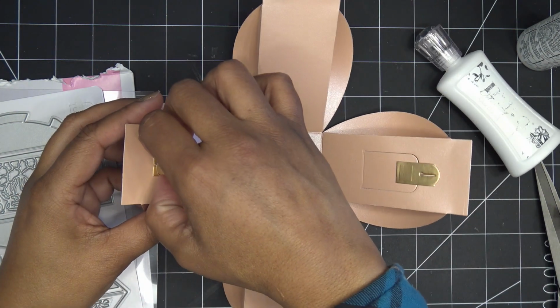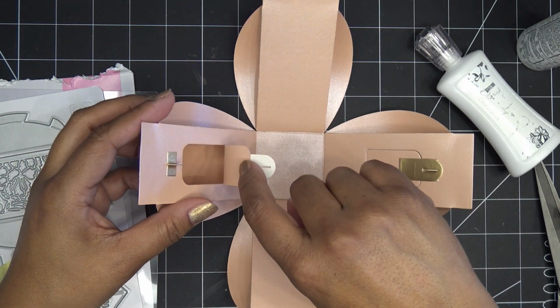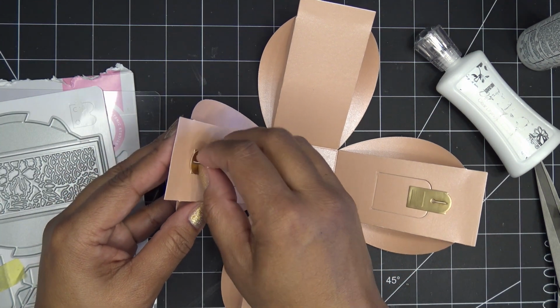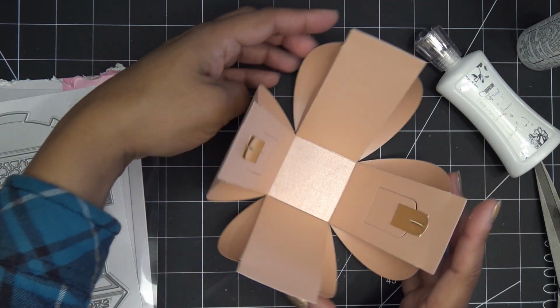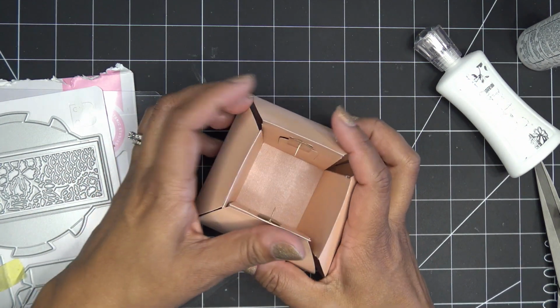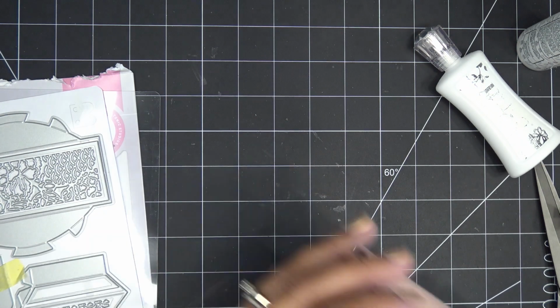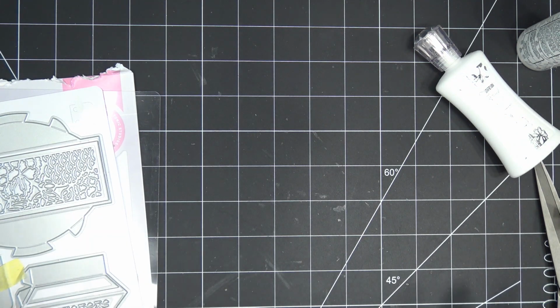Little latch. I'm gonna use this one since it's drier. And you can pop in whatever little treats or little things that you want to put in there. So cute. And again, you don't have to do it at all, but that's one of the options. Just want to show you. And so we're going to make our side pieces, so let me clean up a little bit and I will